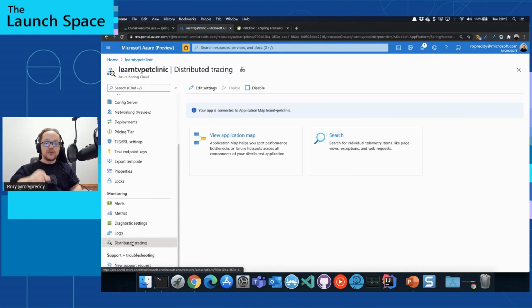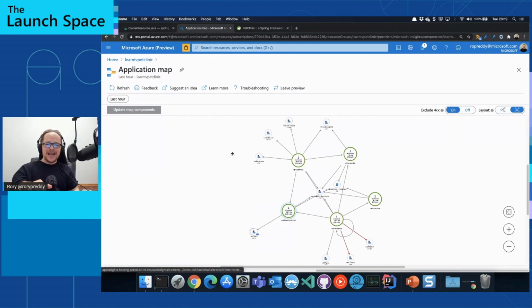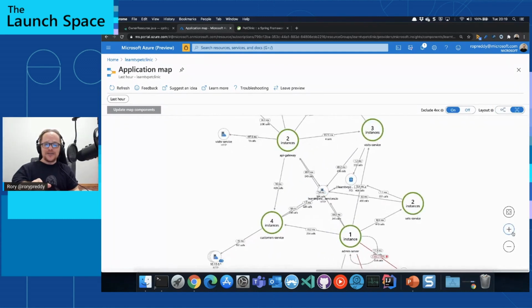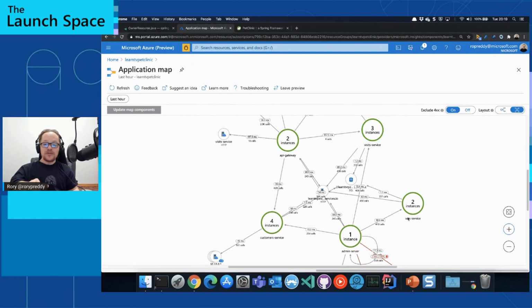So if we go to distributed tracing, view application map, this always wows me when I see this, because I really wish I had this. In the 25 years of development experience that I had, I never had a nice toy like this. And now you can see there's 4 instances here, but these are the instances that I previously scaled. And I can see my 2 instances and my vet services, and I can actually go look at how many